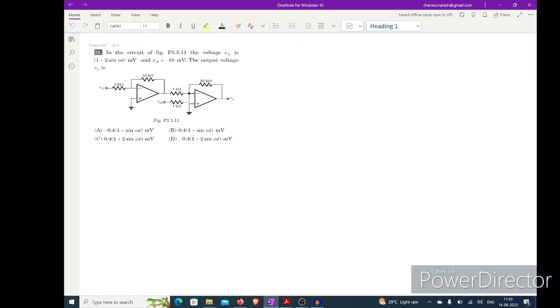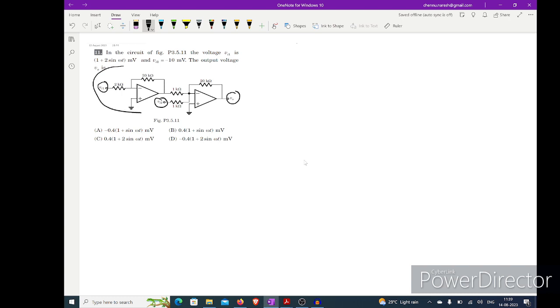So let us start. First question: in the circuit shown below, the voltage Vi1 is 1 plus 2 sin omega t and Vi2 is minus 10 millivolts. We have to find the output voltage here, with the values of Vi1 and Vi2 as given. If you observe these circuits, we can take this circuit up to here,